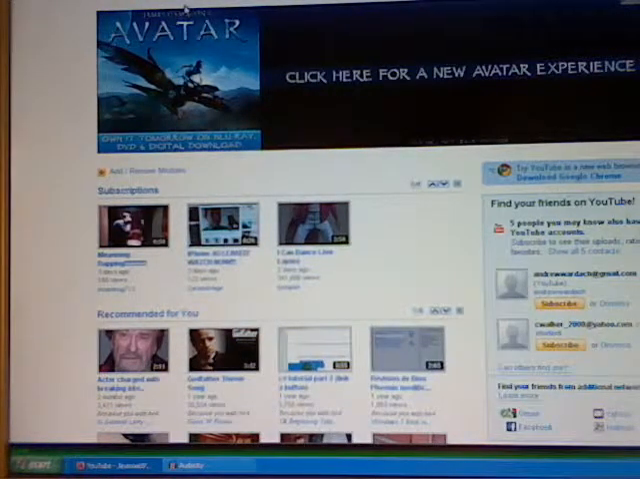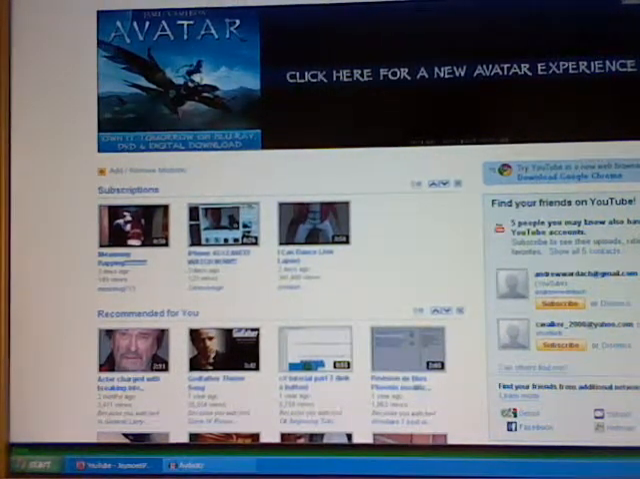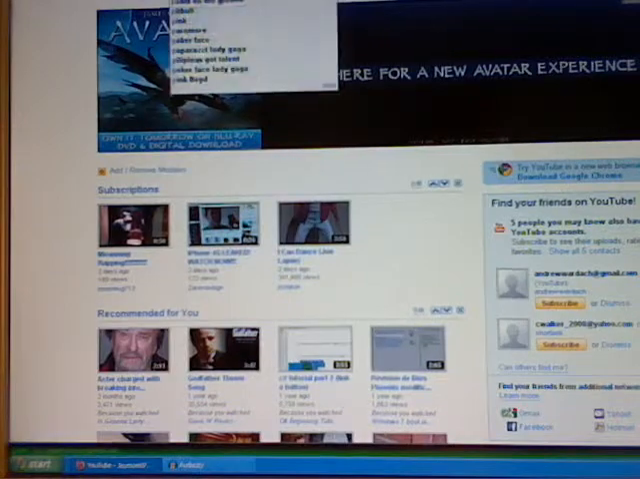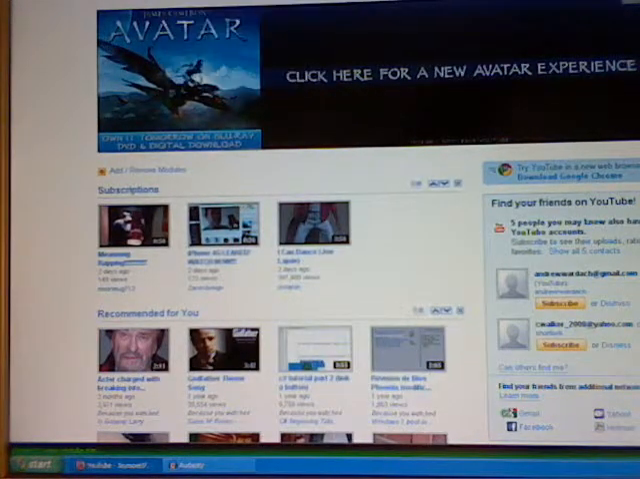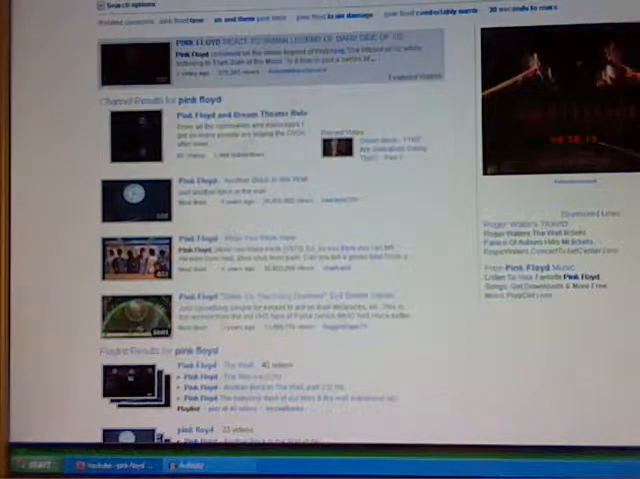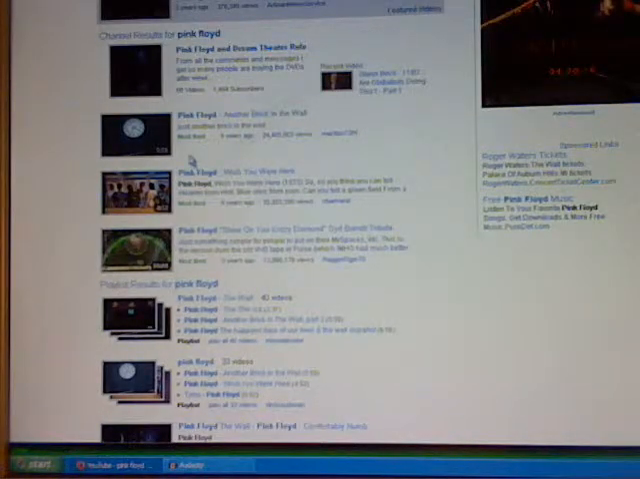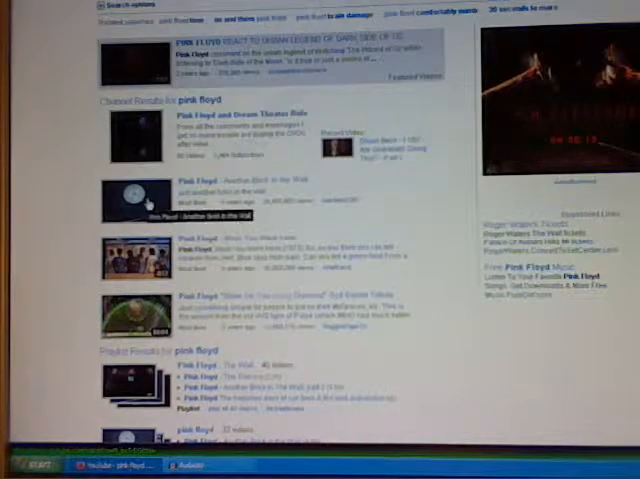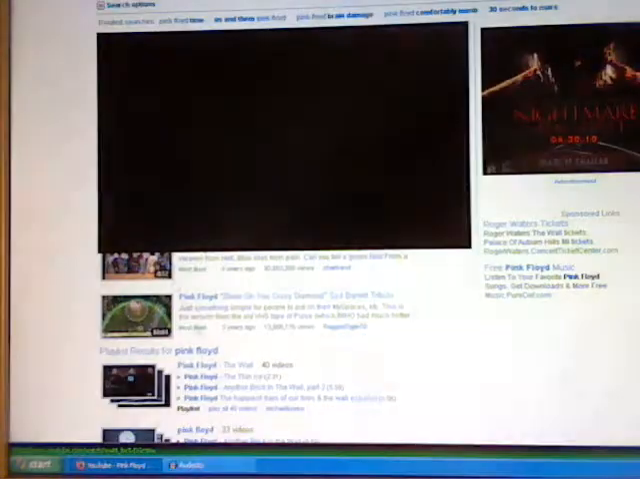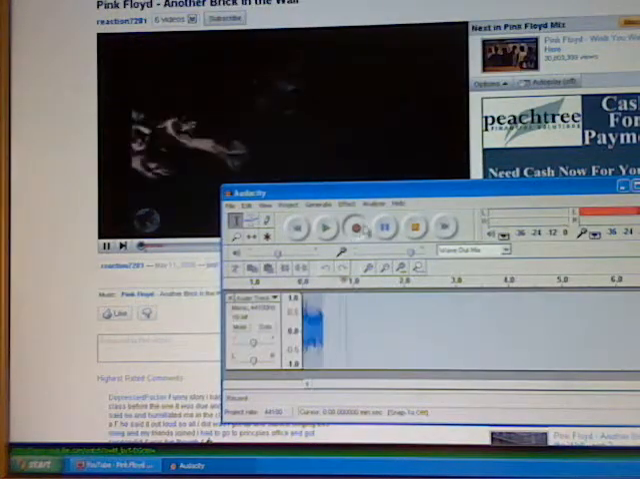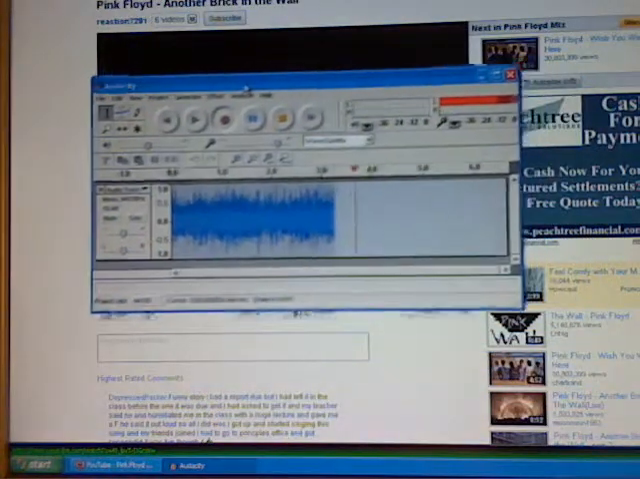So we can literally choose any audio track that we would like. Let's say we want, I don't know, Pink Floyd. Put in Pink Floyd, and we'll select a track, any one that we want. Something that's kind of brief, and let's take Another Brick in the Wall. Okay, so here I select that video, and I select record here, and you can see instantly it's picking up the audio